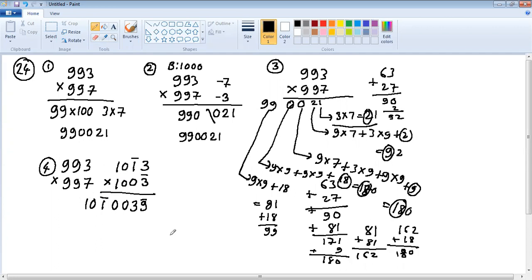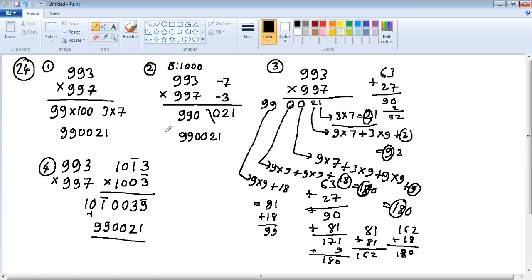See, so simple a calculation. And just now convert. You should be thorough with converting Vinculum to normal. 9 is negative, take the complement, reduce 1: 3 minus 1 is 2. 0, 0. This is negative, take the complement. The complement of 1 is 9. Reduce 1 means this 0 becomes minus 1. Minus 1 means you have to take the complement. The complement of 1 is 9. Reduce 1 means this will become 0. So just note how Vinculum helps you. The only thing is you should be thorough with the conversion, normal to Vinculum and Vinculum to normal.